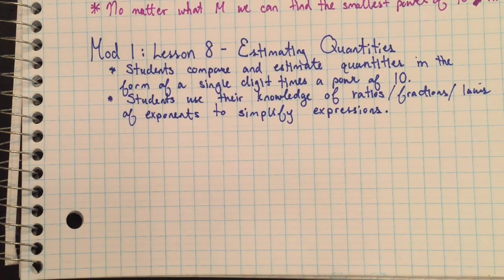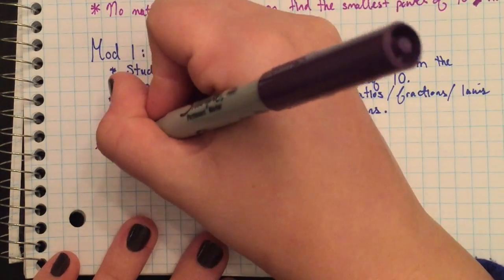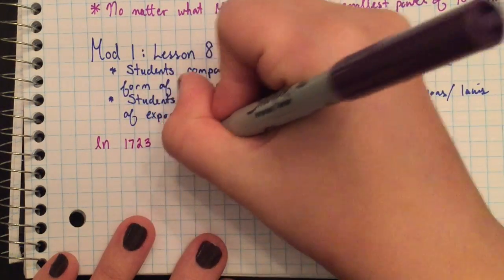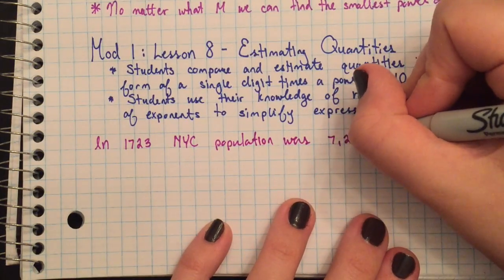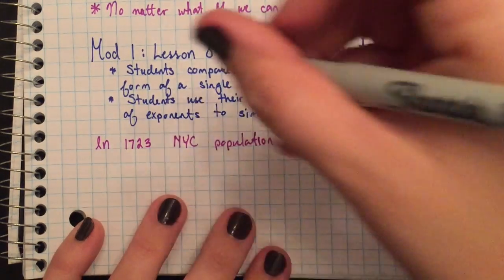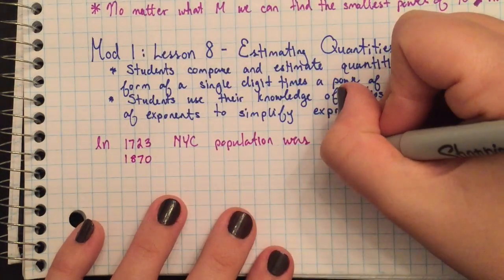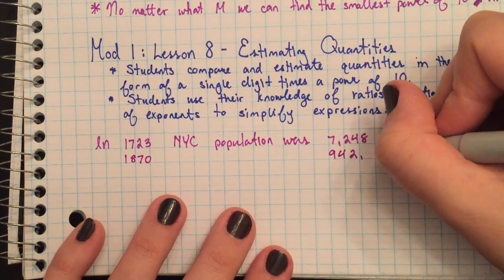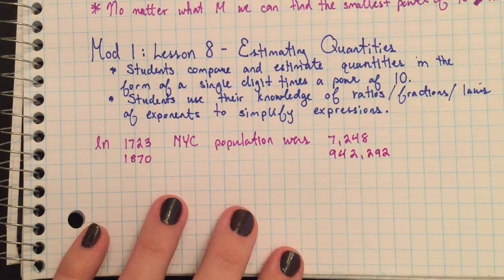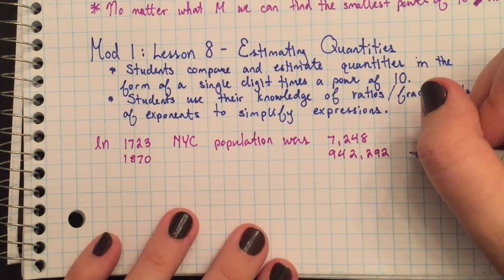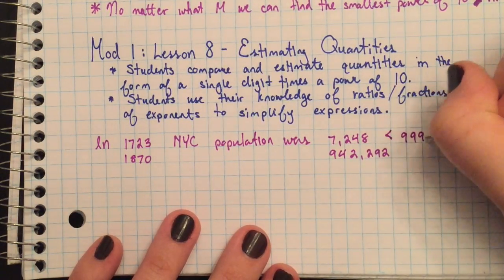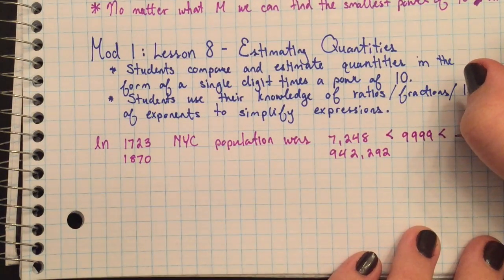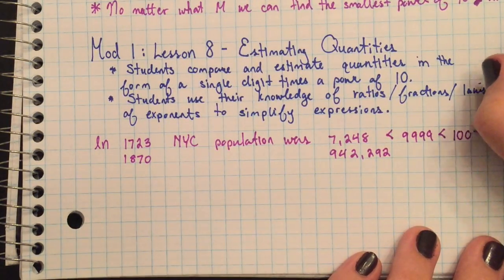So let's look at this scenario. It says in 1723, the New York City population was 7,248. And in 1870, the population was 942,292. If I rewrite these values as an approximate 10 to the power, I could say 7,248 is less than